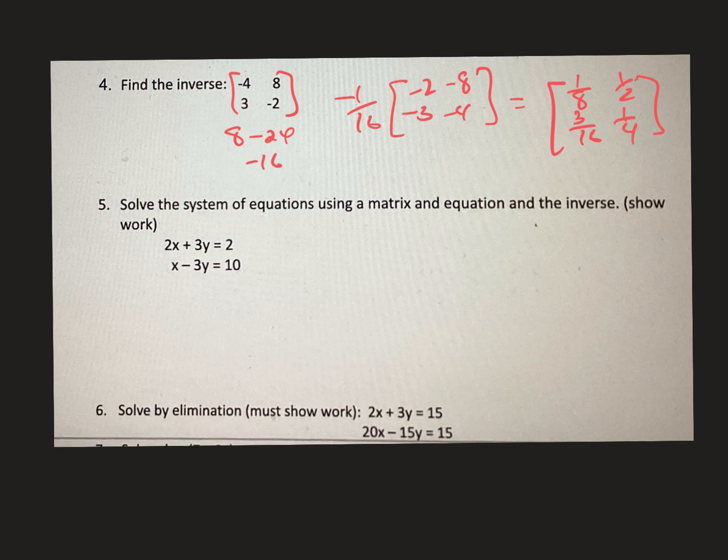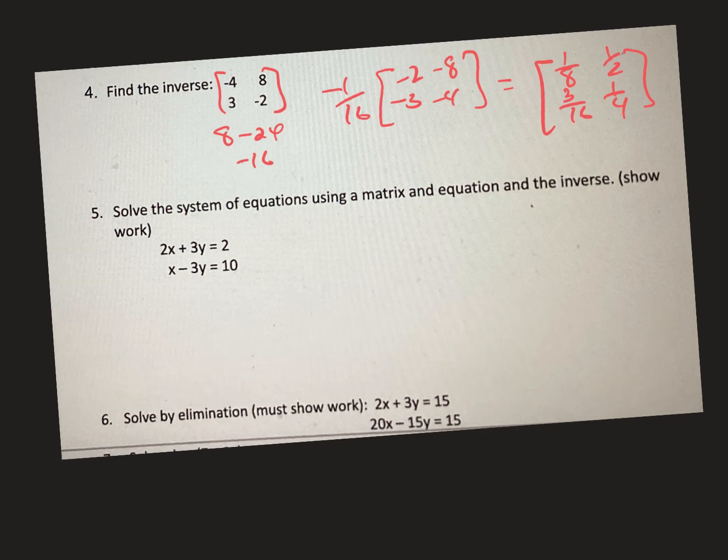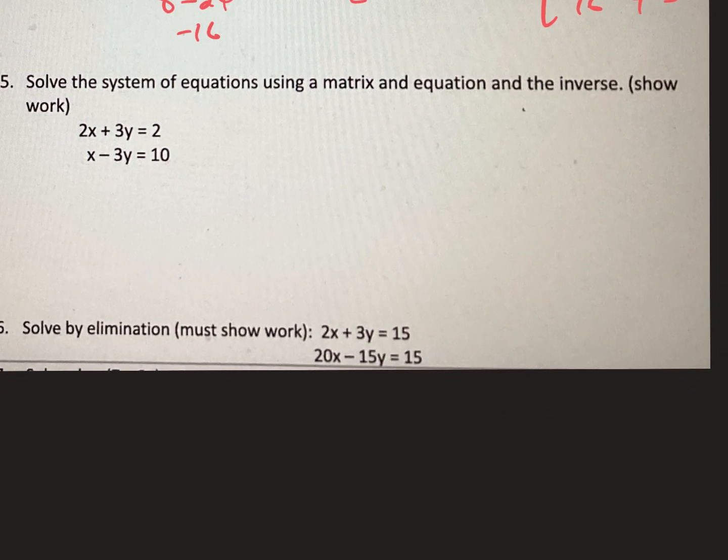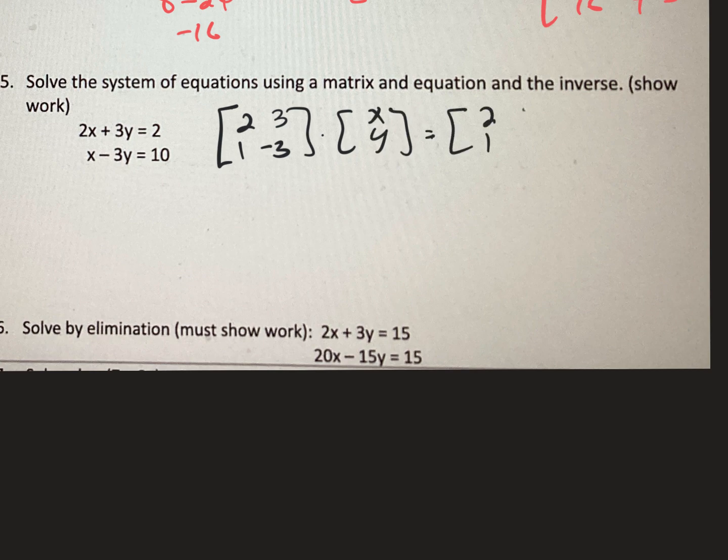Number 5, solve using a matrix equation inverse, and you must show your work. The directions say show your work. This is a 3-step problem. First step is we're going to write the coefficients in a matrix times the variable matrix. That's going to equal what the constants are, the 2 and the 10. Now your job is to move that matrix over there, but to do that, we got to move the inverse over there. So if I do inverse, I'm going to find the determinant, which is negative 6 minus 3, which is